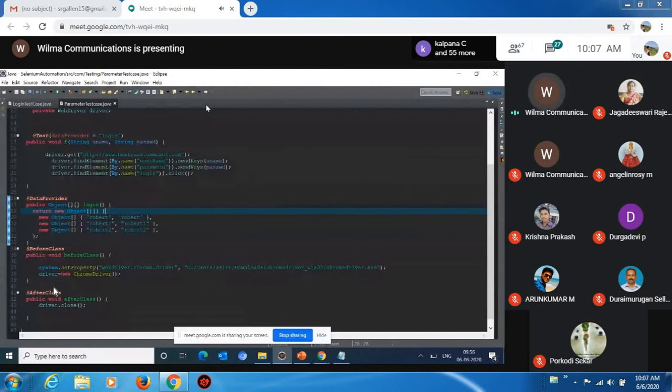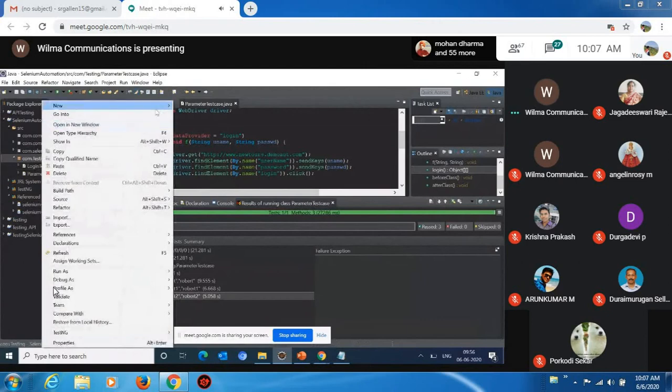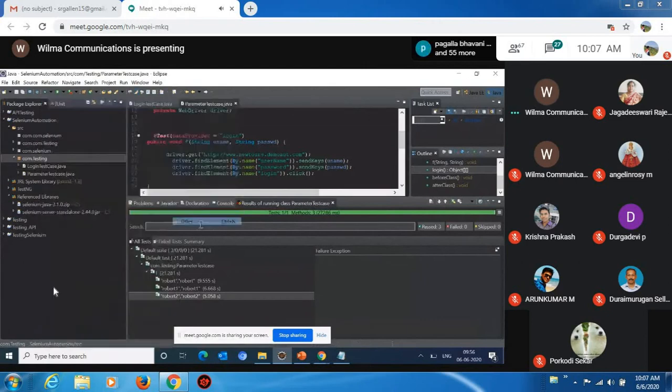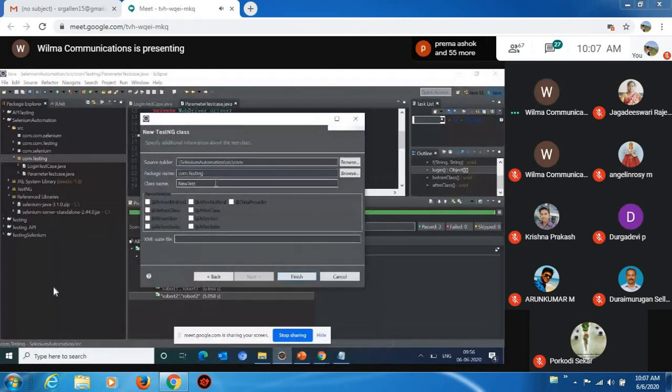Now third, I am going to make another test case where I am going to add a verification and assertion command. I'm going to create one more class, and I'm giving the name as assertion test case.